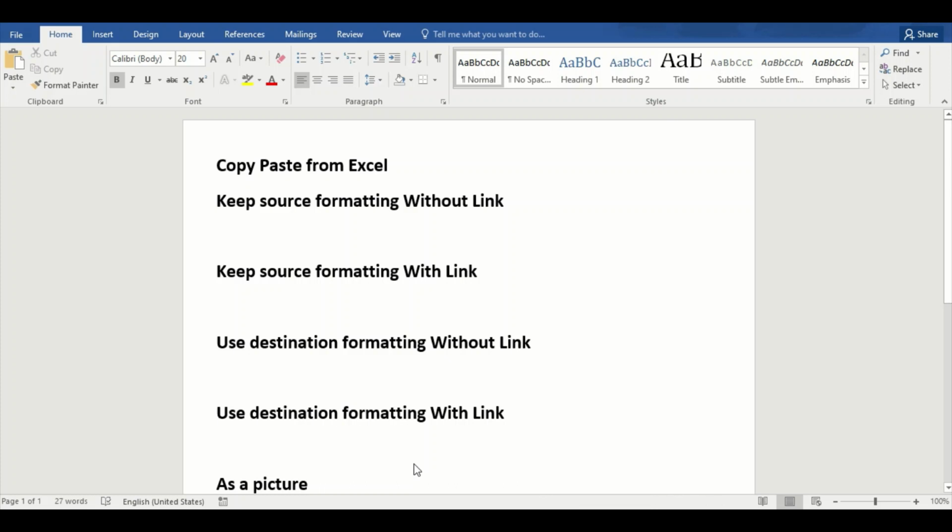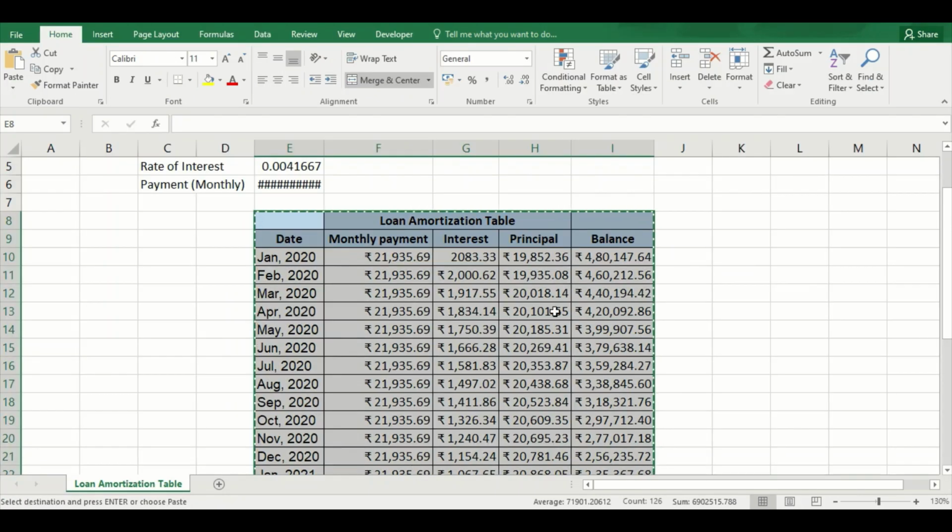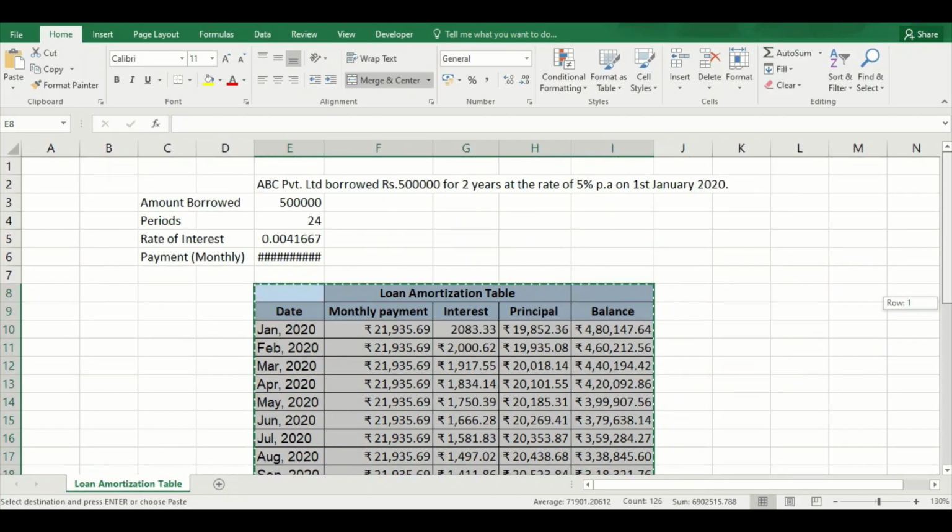Everyone. Today we're going to learn how to copy paste tables from Excel into Word, and this being a very simple feature, still some people get it wrong or aren't able to figure it out, and this messes up the formatting for your entire document that you are creating and sometimes becomes a bit of a hassle. So today we'll be discussing all the options that you have within the copy paste from Excel to Word for a table. Now I'll be moving to the Excel file that I already have created.